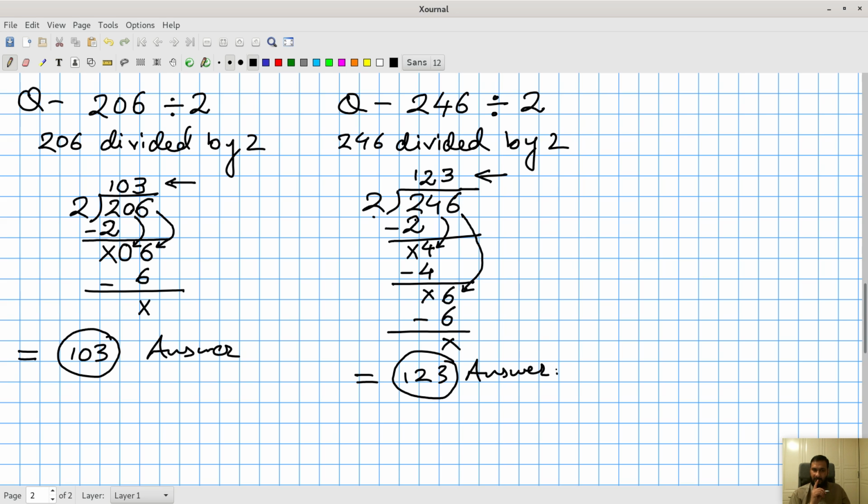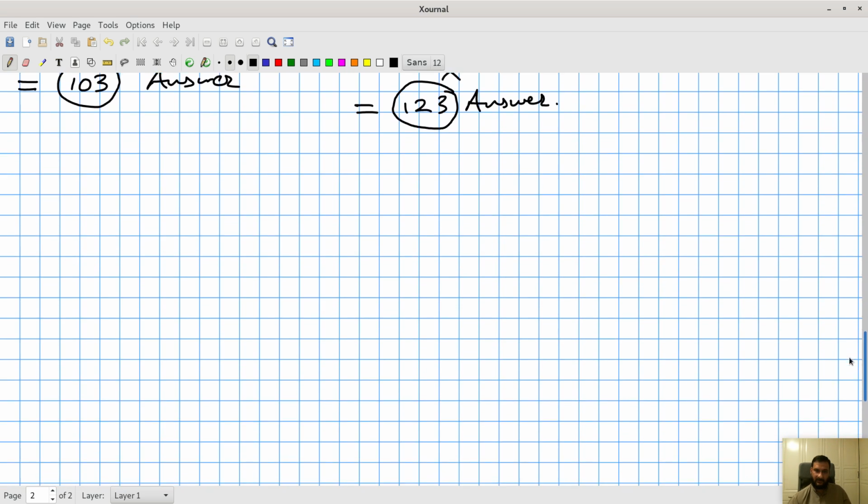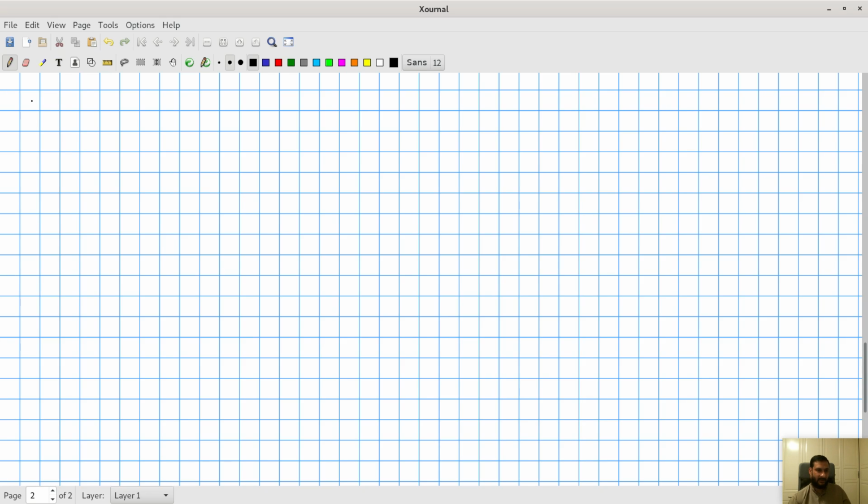Now I'm going to show you some simpler examples of other types of examples. They are very easy. I want to show you that if the dividend, or the number being divided, ends with a 0 and the rest of the numbers are fully divided, then what to do with that 0? There are special cases, so I'm going to show you those cases. They are super easy. Let's say you divide 50 by